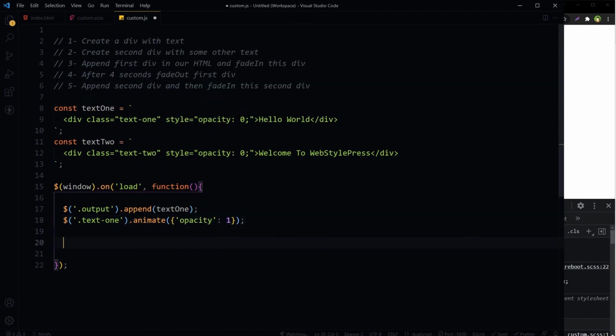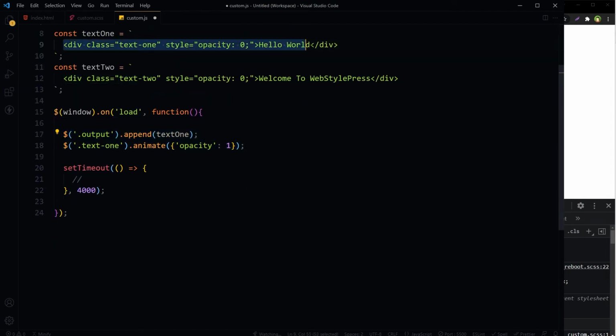Now after 4 seconds, we will use the setTimeout function. 4000 for 4 seconds, this is milliseconds. First, this will be performed. This div will appear and its opacity will be changed to 1.